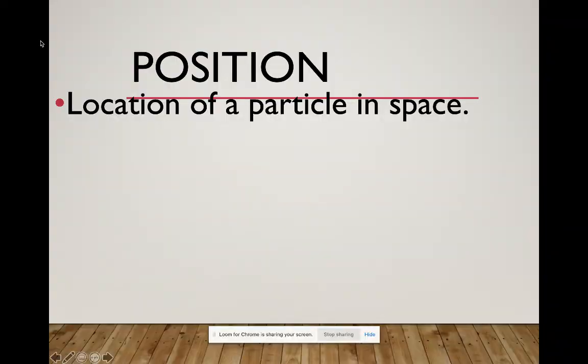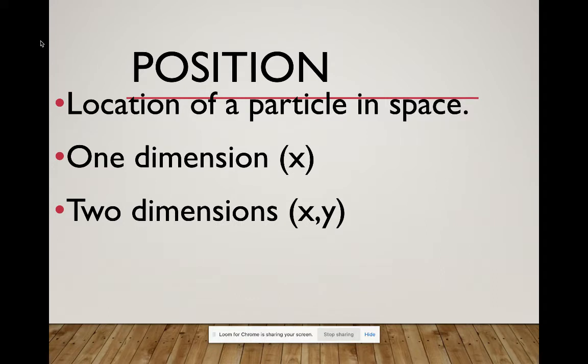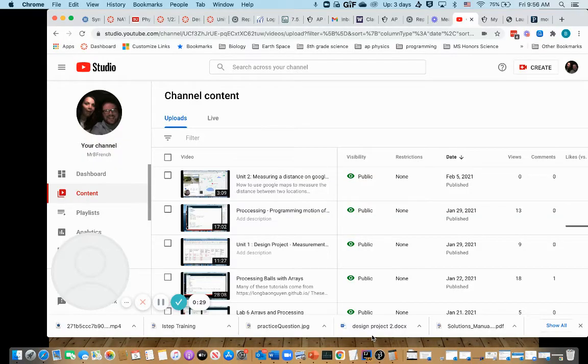Position is the location of a particle in space. So where can we find that particle? In one dimension, we usually just represent that as some type of position x. Now we could go to two dimensions, right? So if I'm thinking of the floor you're at right now, we can go ahead and say that maybe the